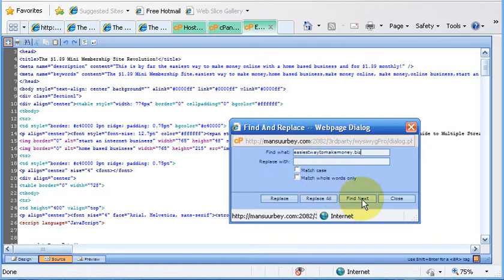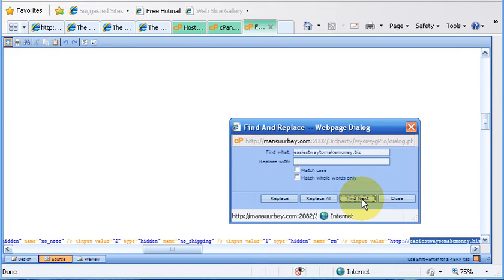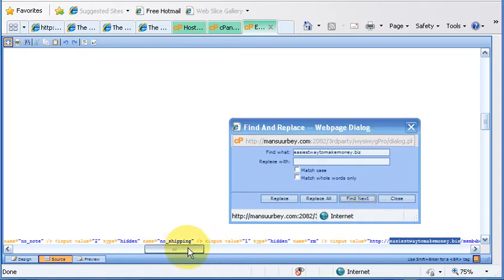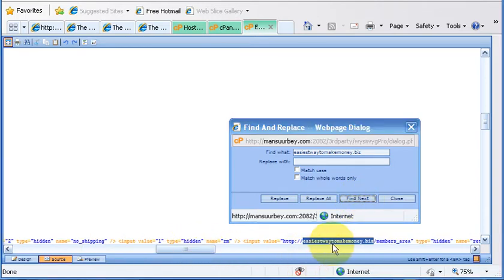You'll come down and click find next. Also, make sure you start at the beginning, at the top of the page where all the codes begin, and then come down, because the system is going to crawl down through wherever you position your cursor. Okay, as you can see here, it says easy way is highlighted,